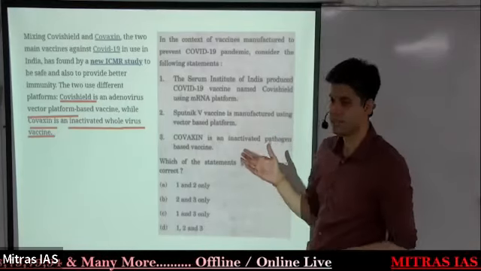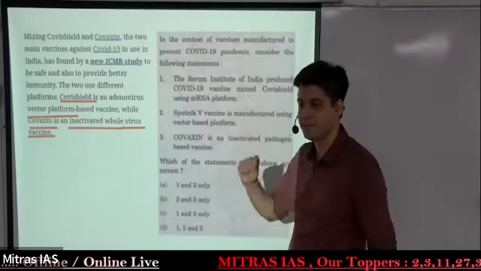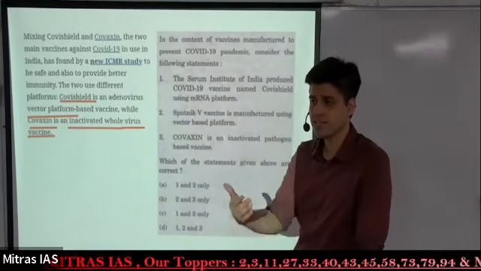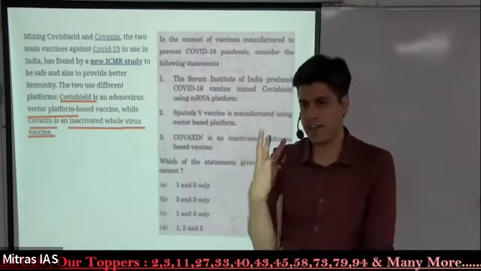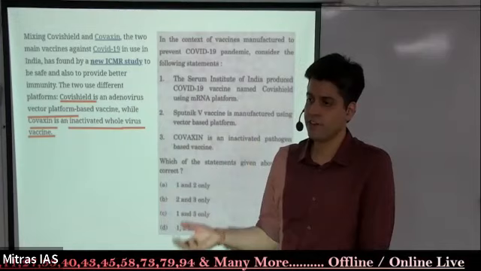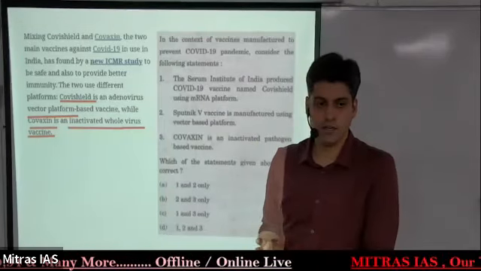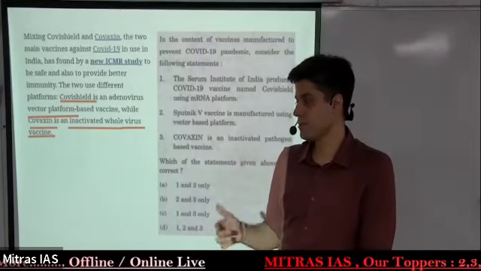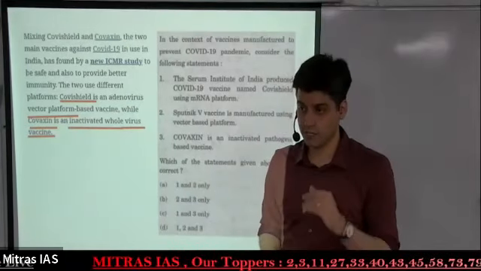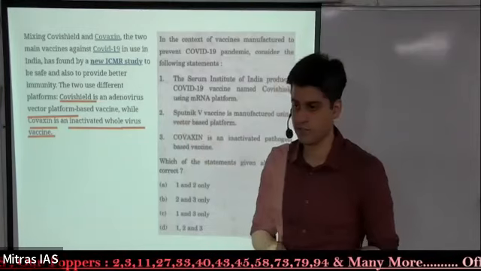Again, this is an easy question. Everyone, when they saw Serum Institute Covishield, was very happy, right? They didn't go to mRNA. Easy, because when initially the vaccines were developed globally, 4 of them, 2 in India and 2 globally, Pfizer and Moderna, with Covishield and Covaxin in India, only 2 were mRNA globally, Pfizer and Moderna. Covishield was not. It's an adenovirus vector platform based vaccine.